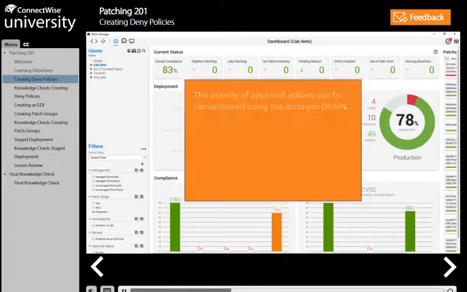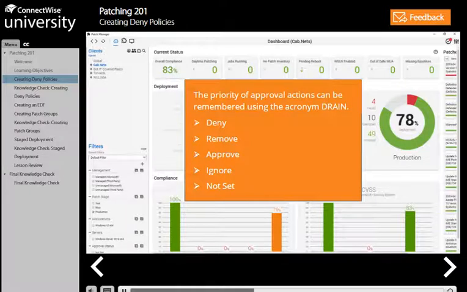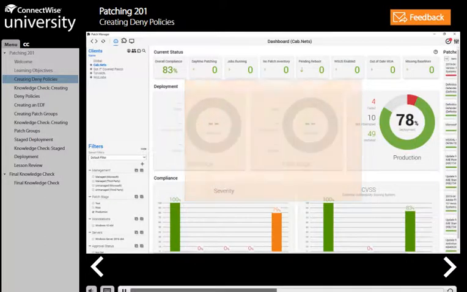To help remember the priority order of approval actions on approval policies, remember this acronym: DRAIN. Deny, remove, approve, ignore, and not set. Ignore and approve should be used on most of your policies to set up the baseline of your patching and include nearly every patch. Then you should systematically create groups and deny policies to deny specific patches to certain groups